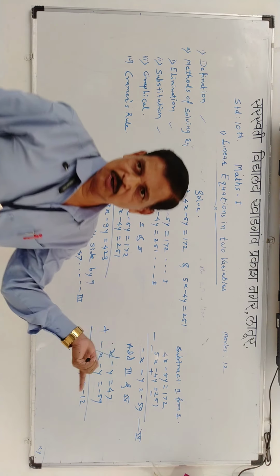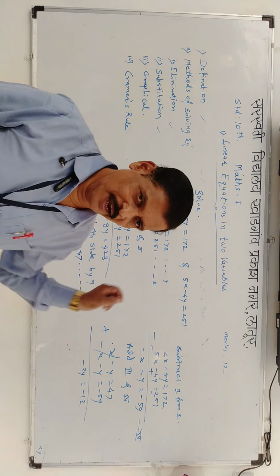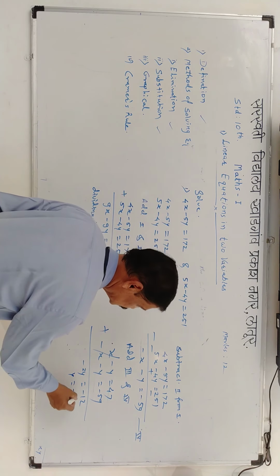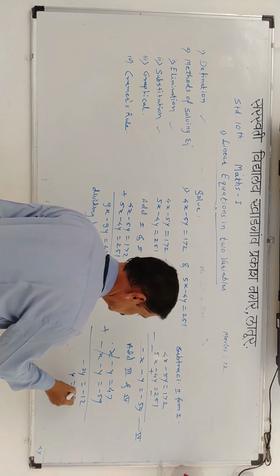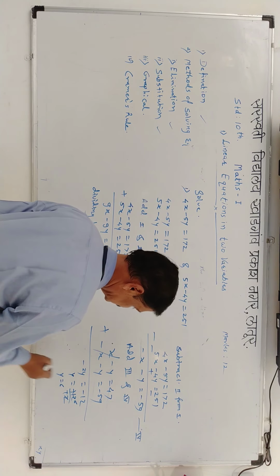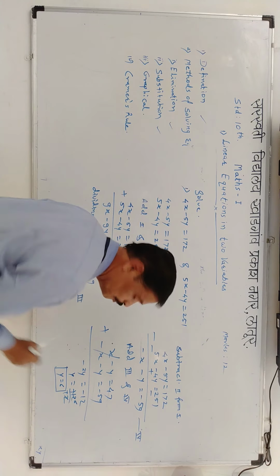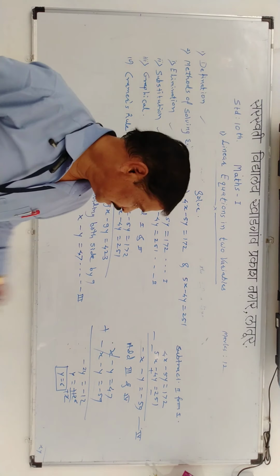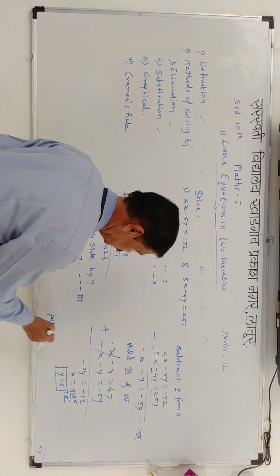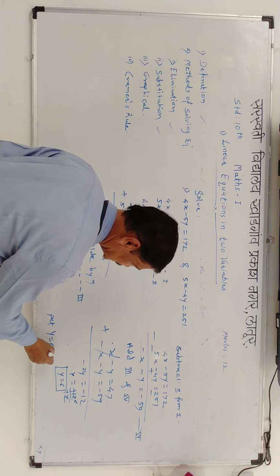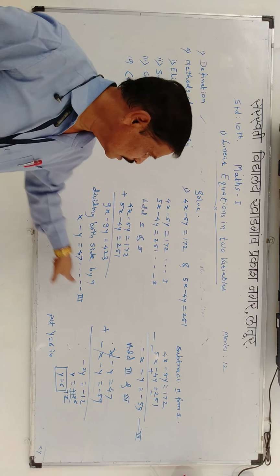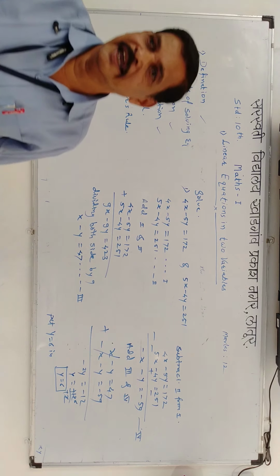Subtract the smaller from greater and give it minus greater sign. Now y is equal to minus 12 divided by minus 2. 2 sixes are 12. y is equal to 6. This is the value of y. After that, put y is equal to 6 in any equation: first, second, third or fourth. Any one of them.